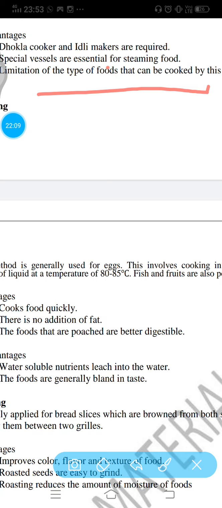Like if I ask you to recall the foods which are cooked with the steaming method, then you will say dhokla, then you will say the other recipe idli, and the third one which you will say momos. If I'm asking for the fourth one, I'm not getting it right now. If you know, you just answer me what the fourth one is through the cooking method. What was there in my brain that I just told you.